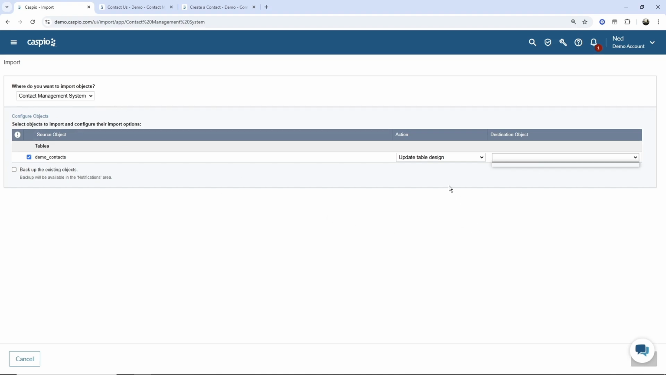It's empty. But if I did, then I would just be able to attach those newly added fields to any one of my existing tables that I select in this dropdown. Today, we're going to create a new table. We're going to call this maybe CM, which stands for Contact Management System,